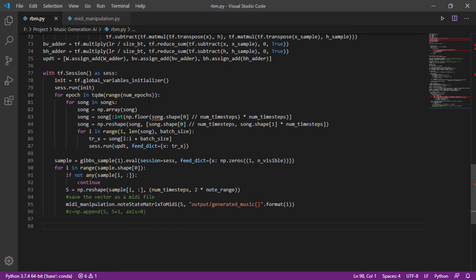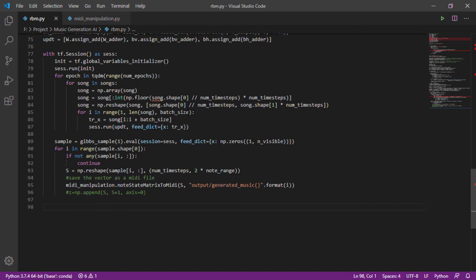Now we will take our input and the size of each song, and provide the number of time steps that we used earlier. So basically we create a huge vector of the songs that we had provided, using various parameters that we talked about earlier, like the number of time steps and epochs.